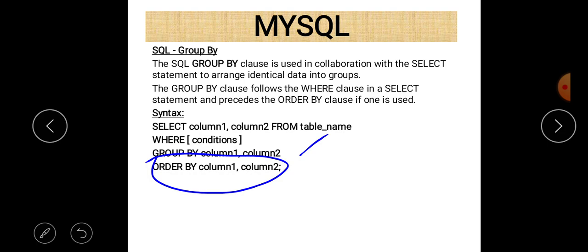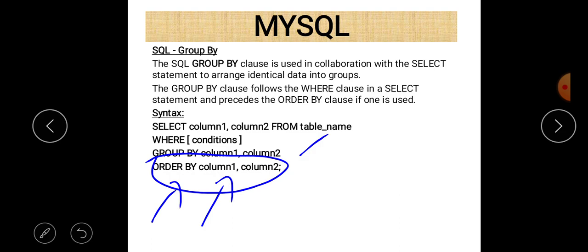So what is the use of the order by clause? Actually, the order by command is used to arrange the data by a particular column. If you just write order by and then the column name, then the data is in ascending order according to column name 1. And if you give more than one column name, first of all the data should be arranged according to column name 1.